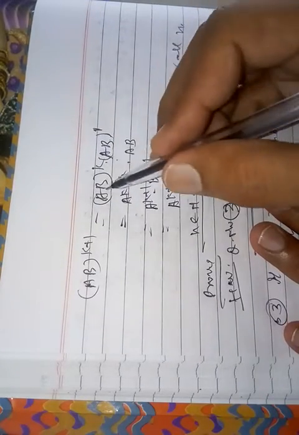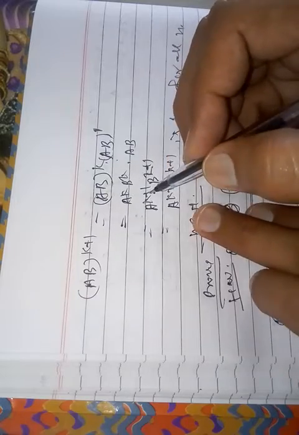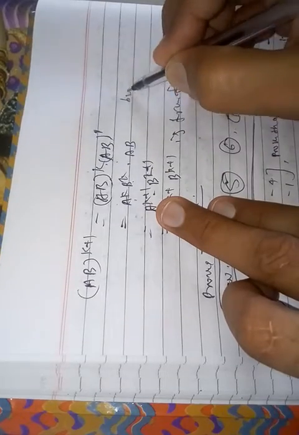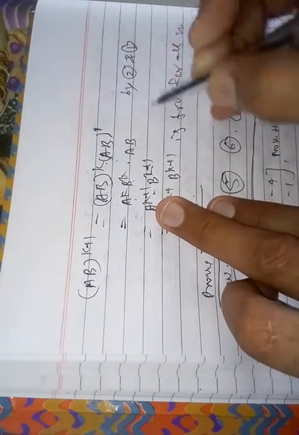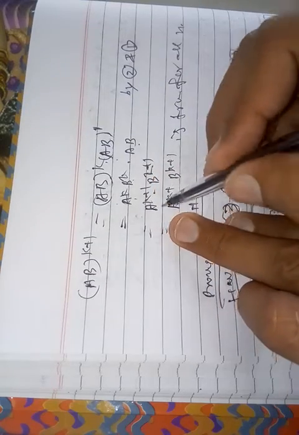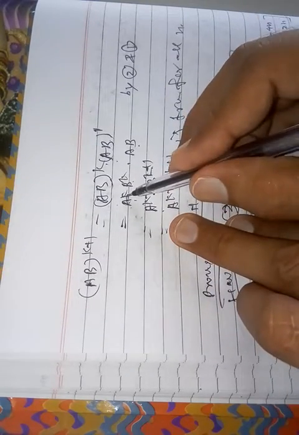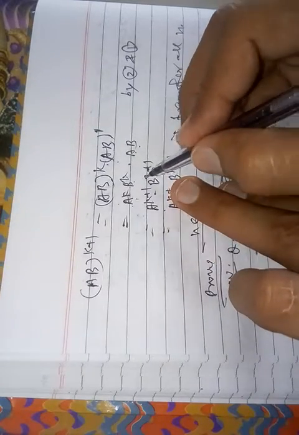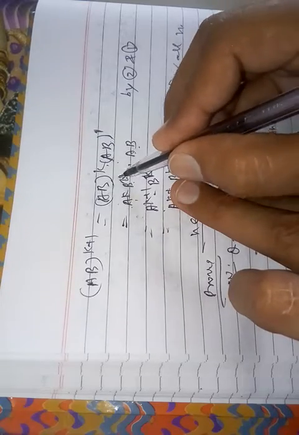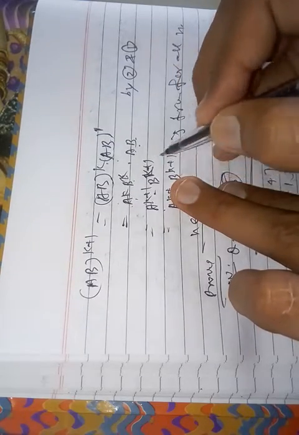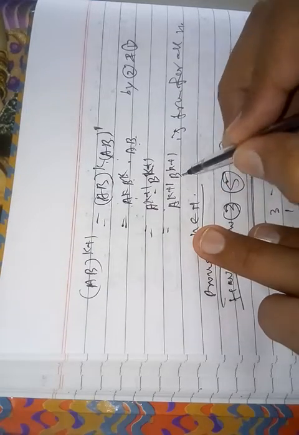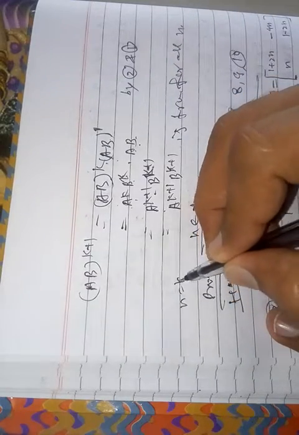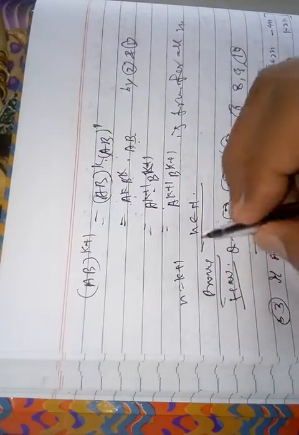So AB raised to k equals, as given, A raised to k into B raised to k, by the assumption, and AB raised to 1 is AB. So then A raised to k into A raised to 1 gives A raised to k plus 1. Same for B: B raised to k into B raised to 1 gives B raised to k plus 1. So A raised to k plus 1 and B raised to k plus 1 is true when n equals k plus 1. By PMI,